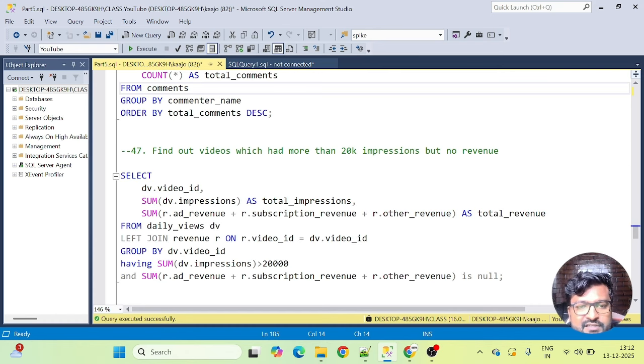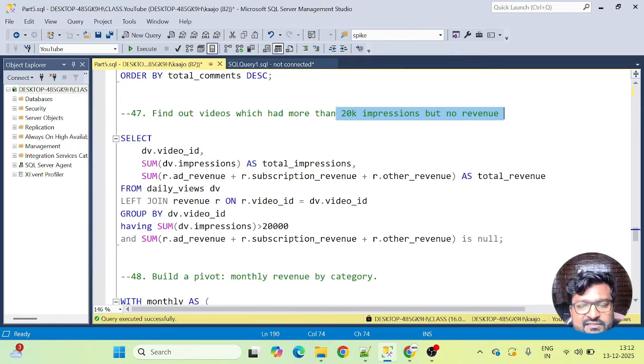So the next question is find out videos which had more than 20k impressions but no revenue. Now again, this is a nice question, guys. But the logic to this question is quite simple. In order to attempt it and nail it, you should have the exact data set in your mind, right?